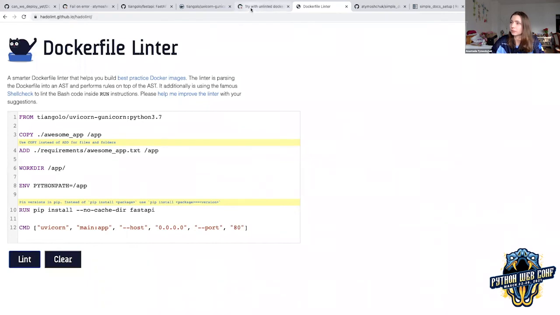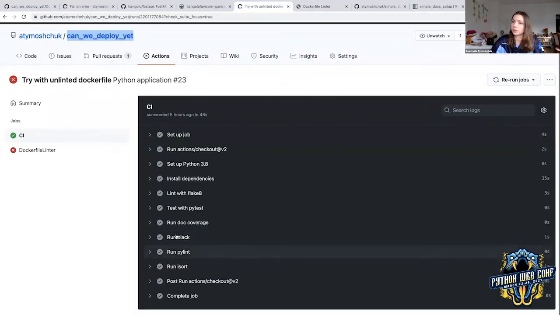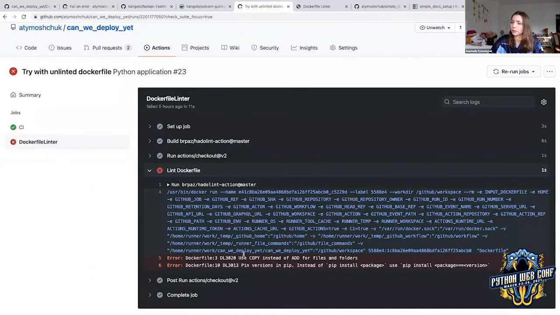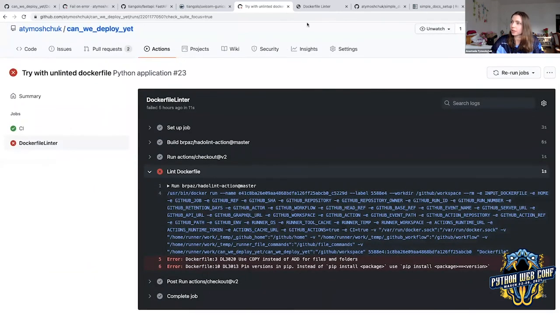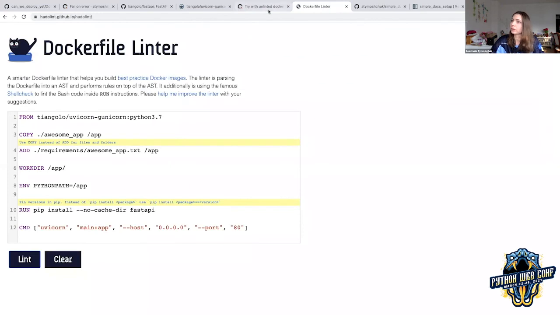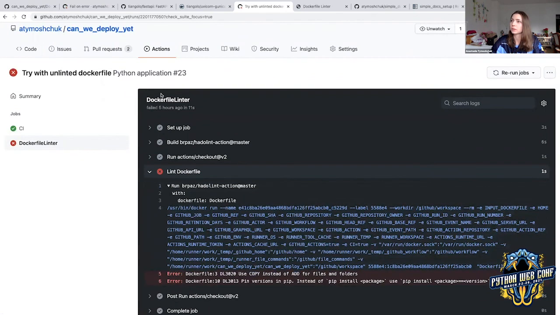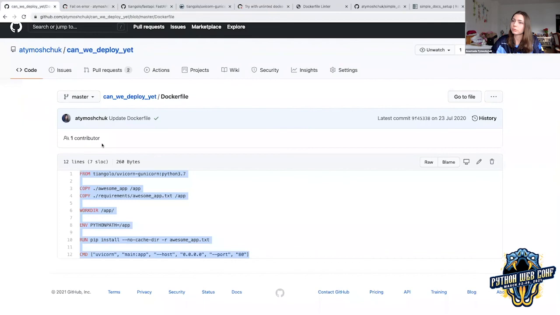There is also an online version. You can see this Docker linter. I added a step, and then when I changed to exactly this code, we got this exception. So also the same, use copy instead of add, and also pin the dependencies. If you add this lint of Dockerfiles into your checks, of course, that would be really nice to see if your images are secure enough.